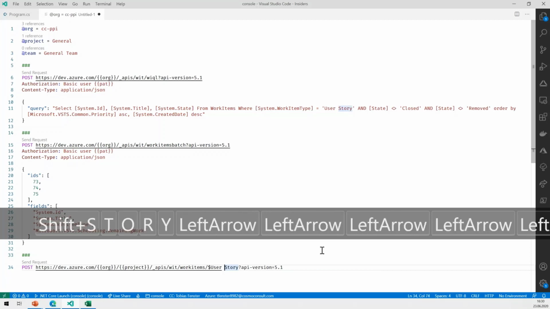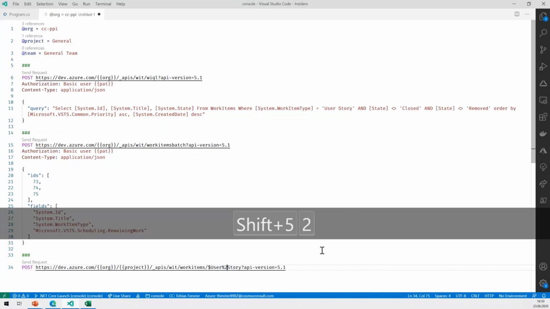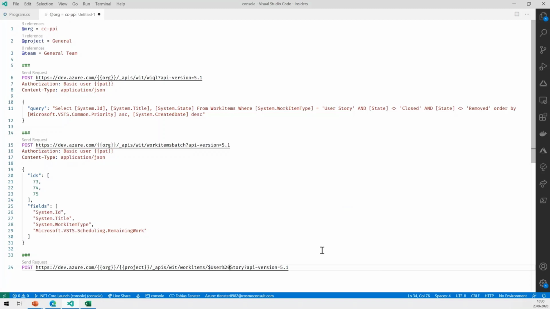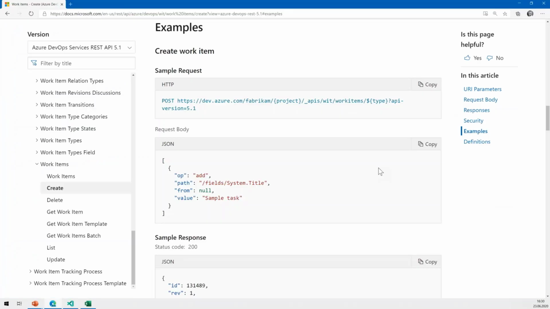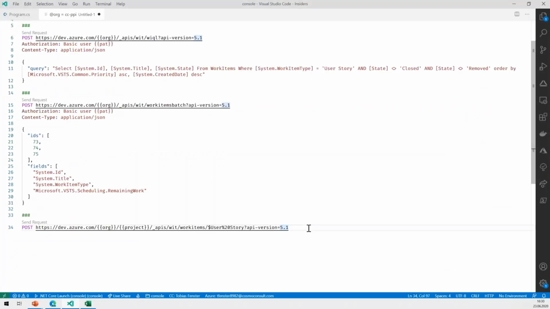And because this is HTTP, we need to replace the blank with a $20. So now we tell it that we want to create a user story, and we need to add the information, what content it should have. In that example, we will just add a title. So let's put that one in here.